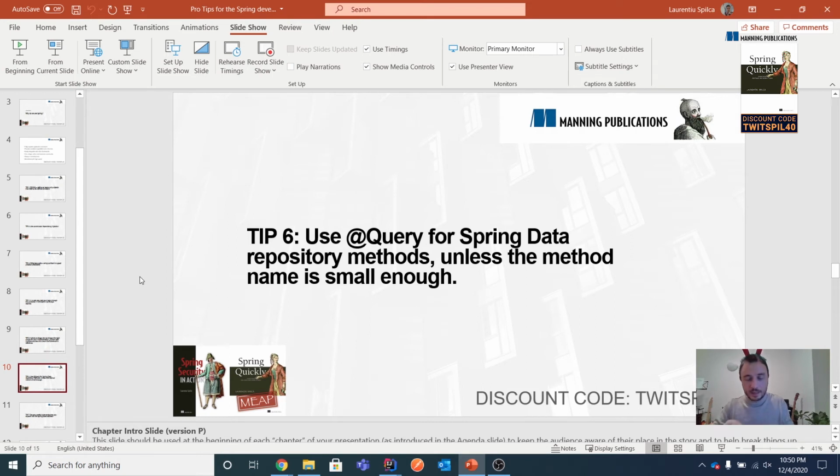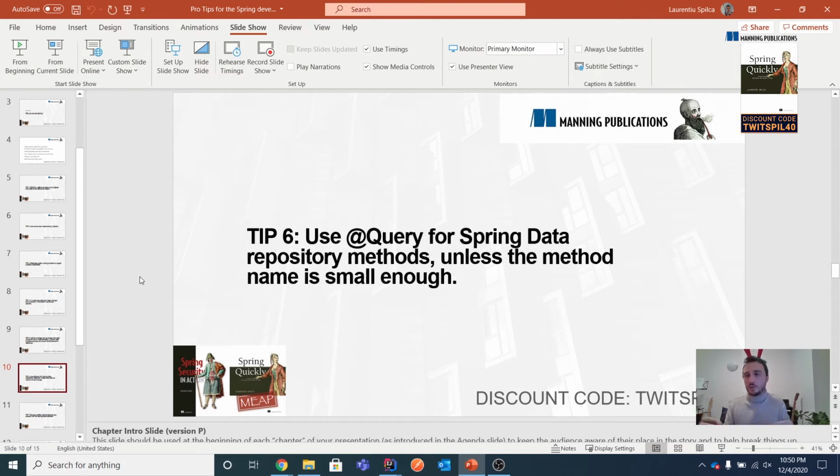So, and not only is it long, but when it becomes longer, it starts to be very, very difficult to read. You will find an example in Spring Quickly about that. Somewhere in chapter 10 or 11 of Spring Quickly, you will find an example, and I will show you how a long method really looks. Trust me, you will spare a lot of time to understand it if you really wish, but that's not the purpose. The idea is